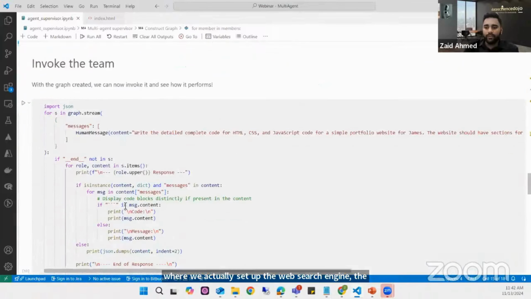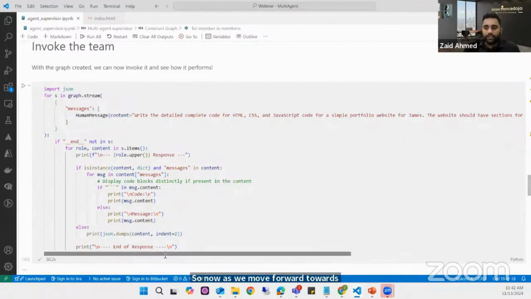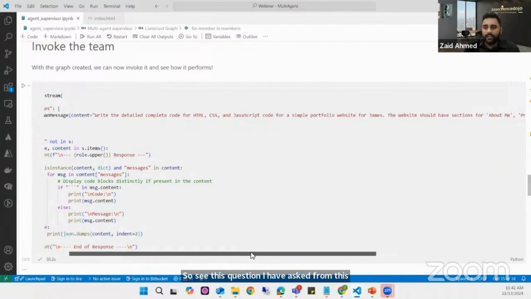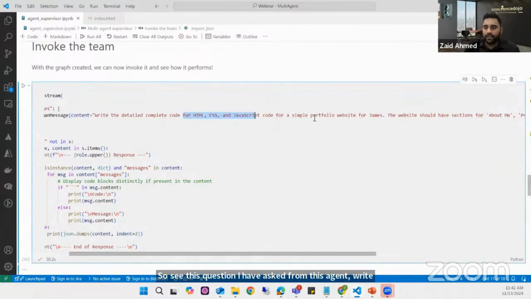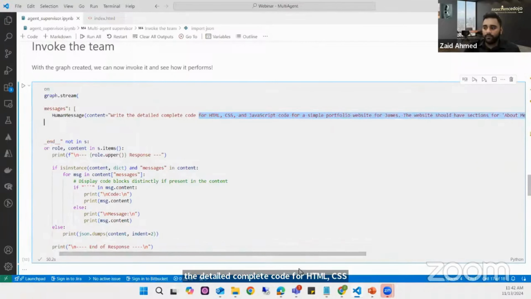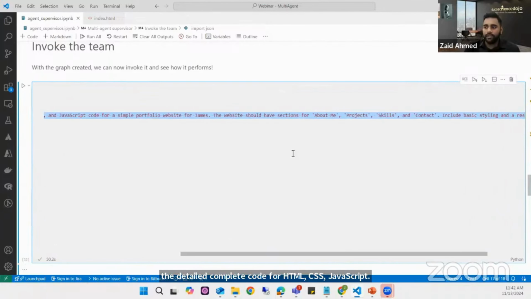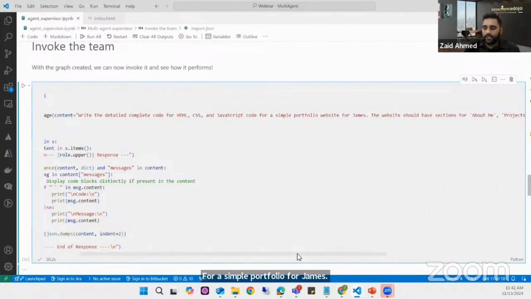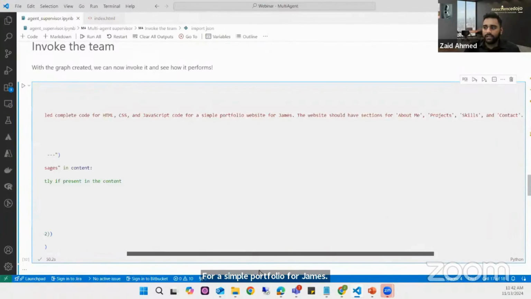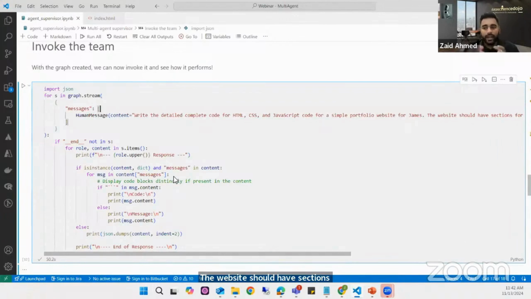Now, as we move forward towards how we invoke this, see this question I have asked from this agent: write the detailed complete code for HTML, CSS, JavaScript for a simple portfolio for James. The website should have sections for about me, projects, skills, etc. So right now I'm asking this agent to generate a response, a detailed complete code